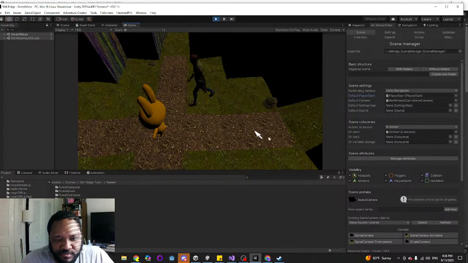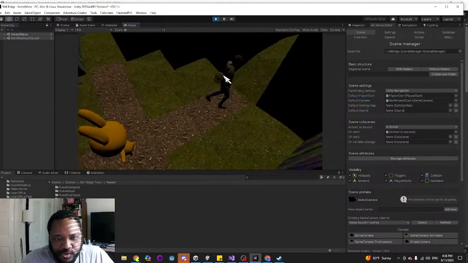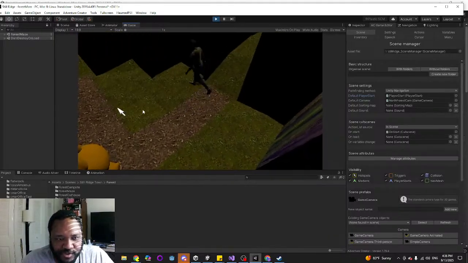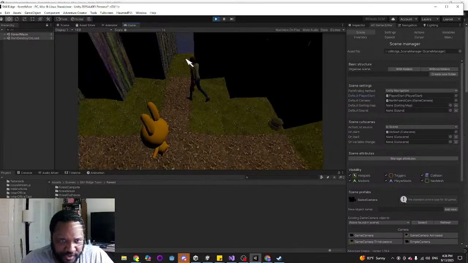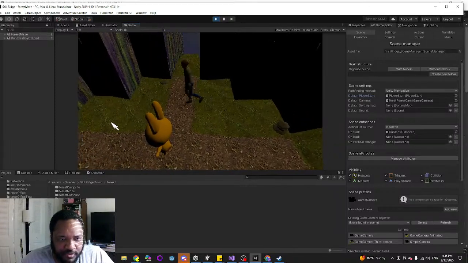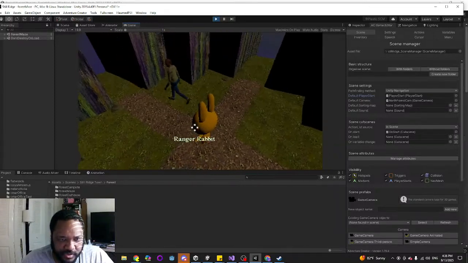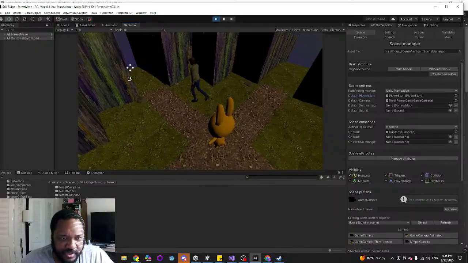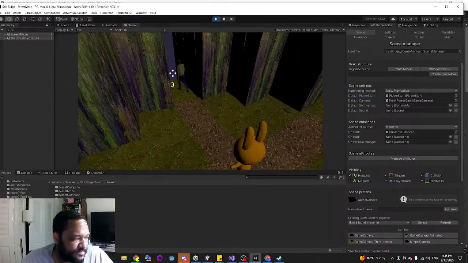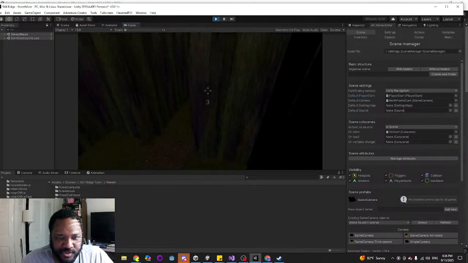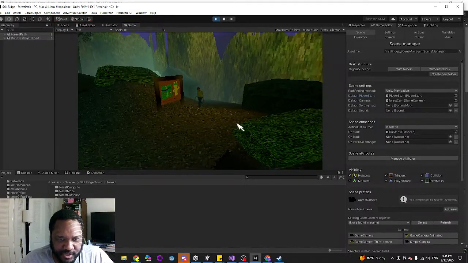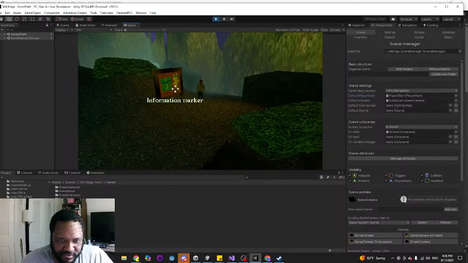So the forest maze, in order to reach any of the points in the game, you have to go through the correct exits. And the correct exits are given to you. If you go through the incorrect exits multiple times, then it teleports you back to the forest path.